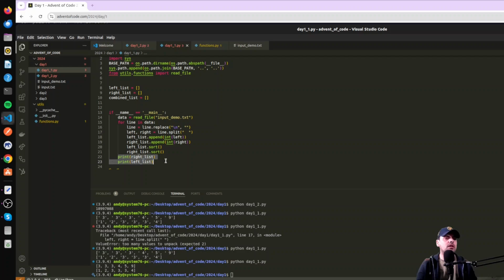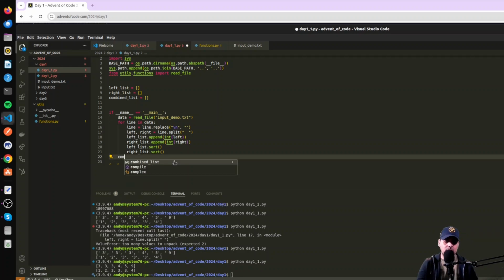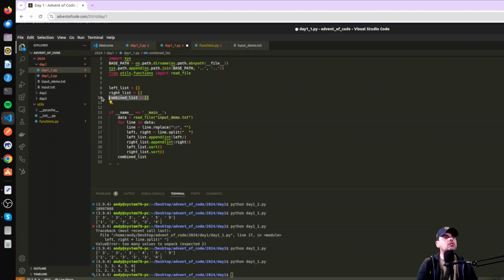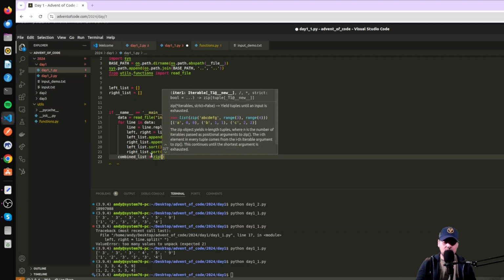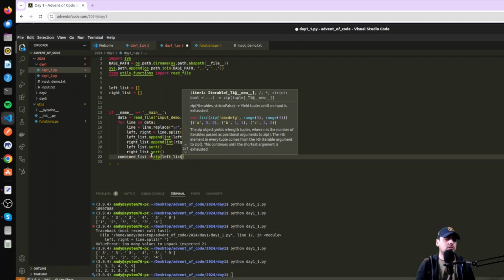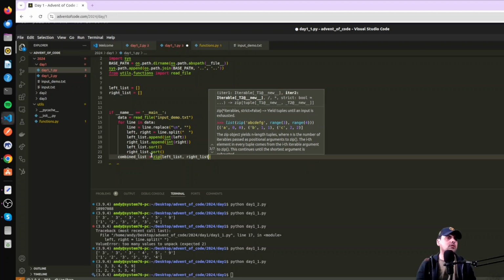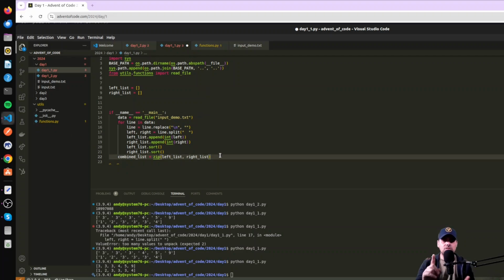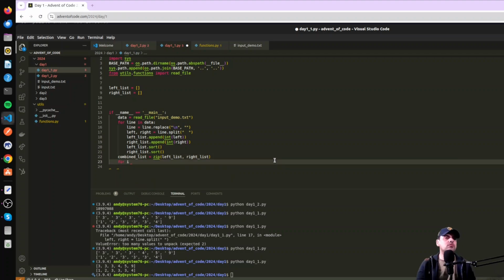So once I've got that, I'm going to create a combined list. Combined list is going to use a zip. Take the left list, take the right list, left and right, and that's going to give me a tuple: left 0, right 0, left 1, right 1. So once I have that, I'm going to loop for i in combined list,